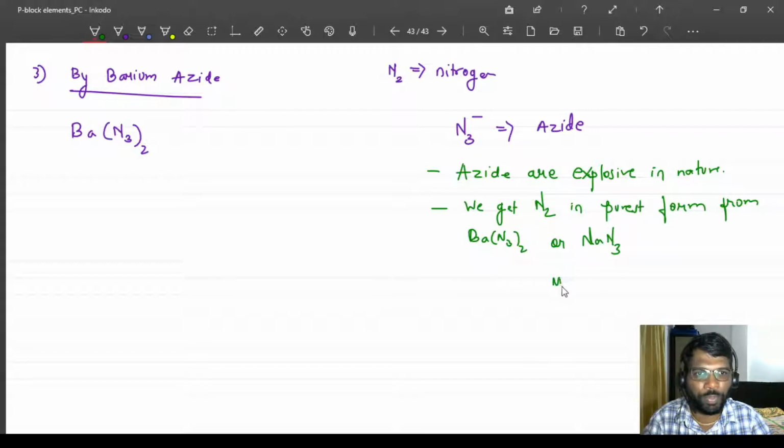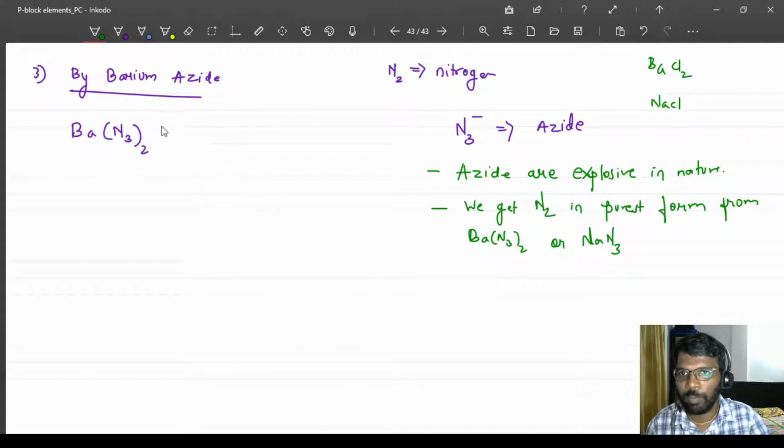Like if we write MgCl2, then we require two chlorines for one Mg, and for NaCl we just require one Cl. The best example I can compare here is BaCl2. If you know this, then you will understand this formula. BaCl2 we require 2 Cl for 1 barium. NaCl we require just 1 Cl for 1 Na. Same way, here we require 2 N3 for 1 barium and just 1 N3 for 1 sodium. So it is based on the oxidation state and the charges.